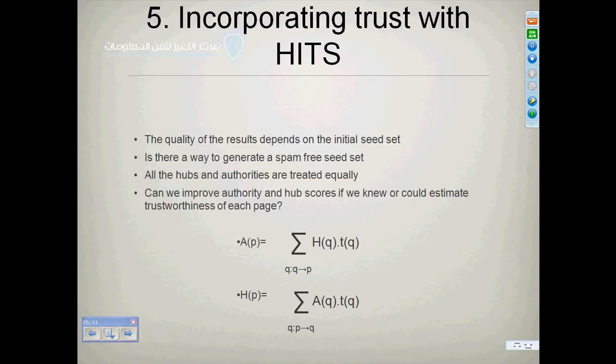Then there's also another way of dealing with this, using a HITS approach, how to incorporate trust information into HITS. And again, if you've been following me, I want to just... how much time do I have to finish? Huh? Another 15 minutes, okay. So we already talked